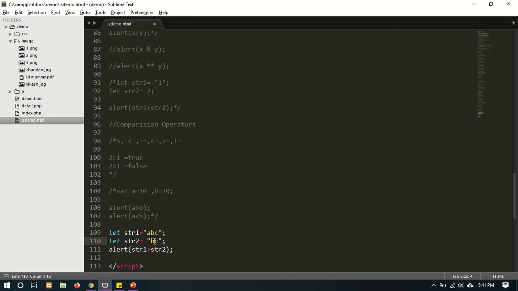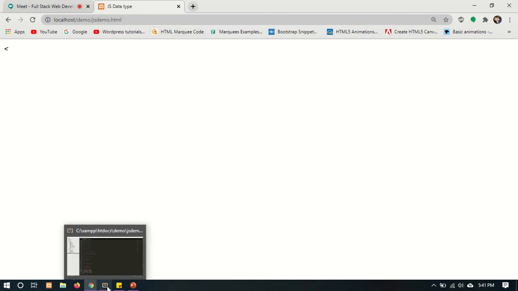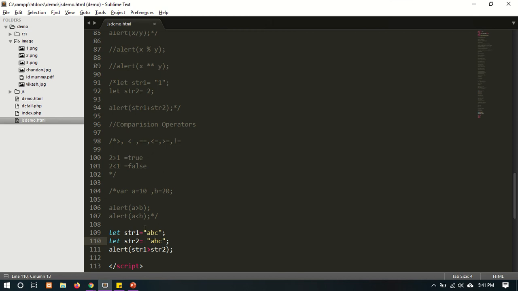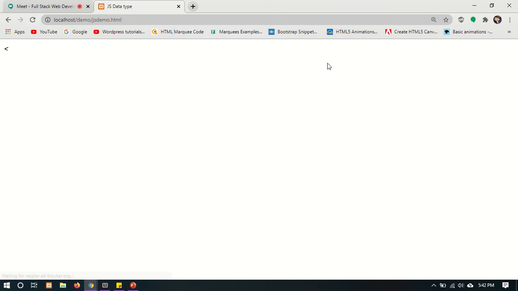Just check, I'm putting the same thing, abc abc, so it returns false because both are equal, no greater than. If I put here greater than or equal, then it will return true because a and a, b, c, all three characters are the same. All three characters are equal.